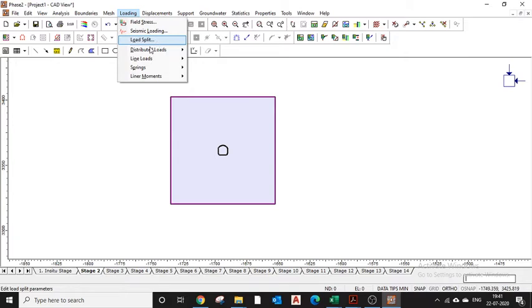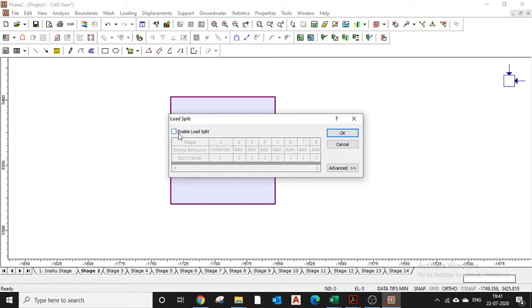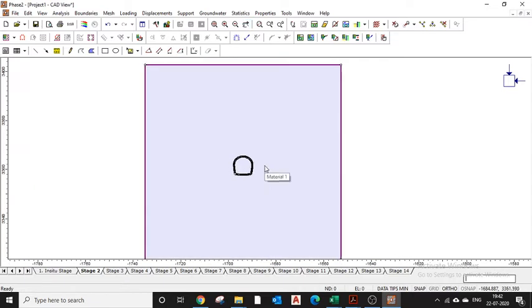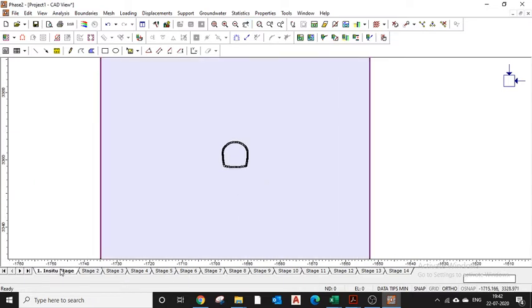Load split condition is particularly useful: if you enable this condition, then you could split a load, so that 70% of the load will be applied in the first stage if I input 0.7, and the other load will be applied at the next stage. For now I will just keep it at 1, just click on OK.